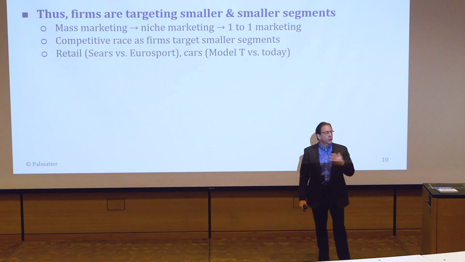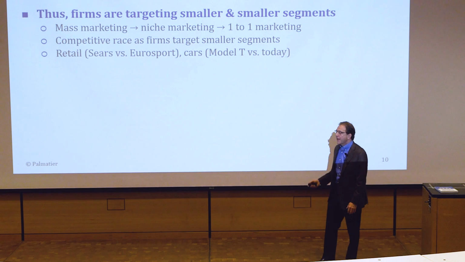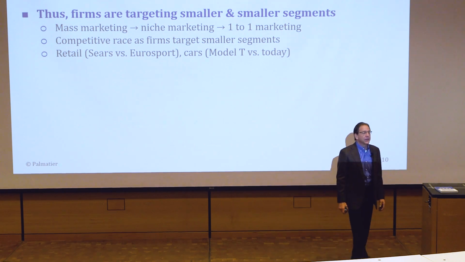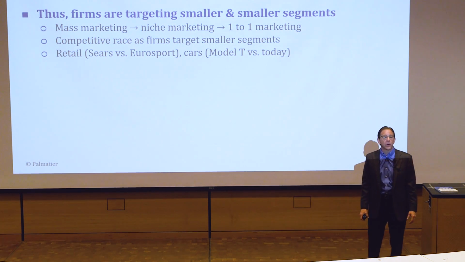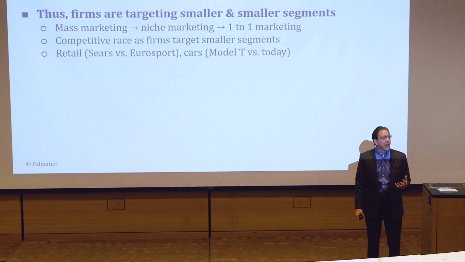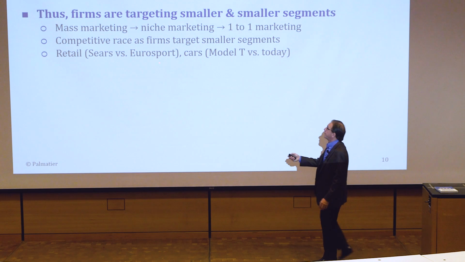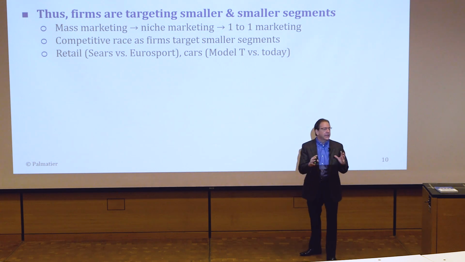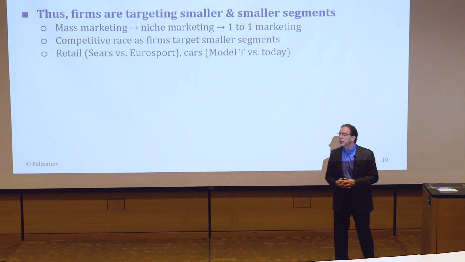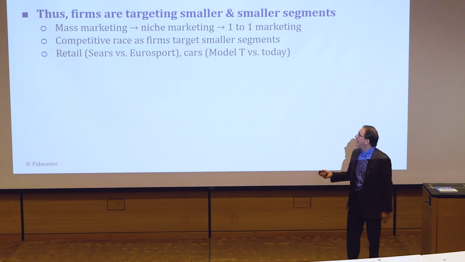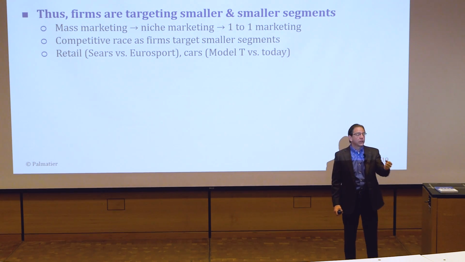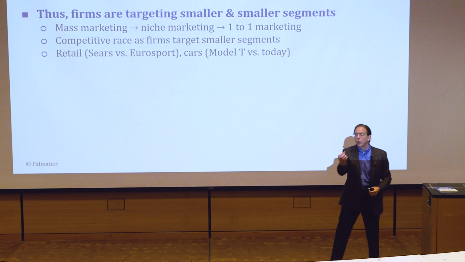It has the jerseys for all the teams, the EPL, and many different teams. Sears might have had 4 pages for soccer or for sports equipment. If you're a soccer enthusiast, do you think you'd like to look at the 4 pages in Sears or the 30 or 40 pages by Eurosports targeted just at what you're interested in? Guess what? You'd rather go to the Eurosport, so Sears lost that business. And this happened one after another.